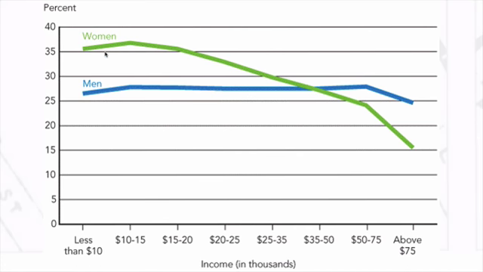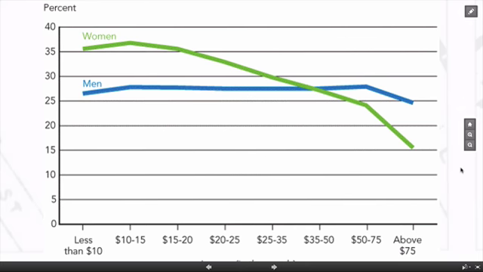Why are we seeing this gradient among women? Why is income very strongly correlated with obesity prevalence among women, but for men it sort of doesn't matter what their income is? I think off the bat you can think about